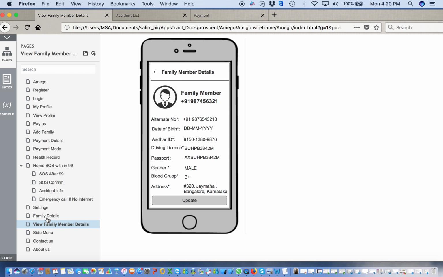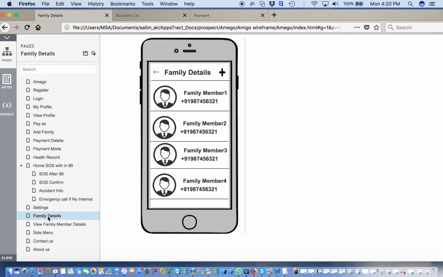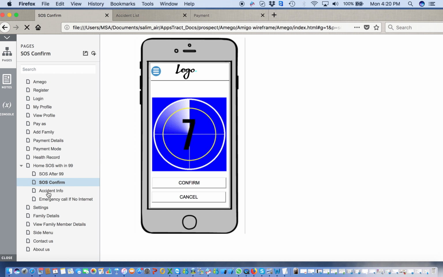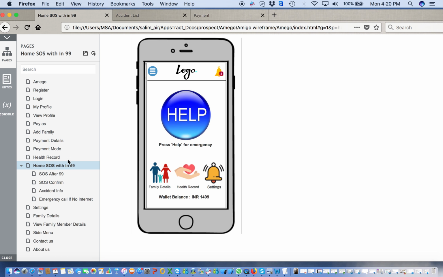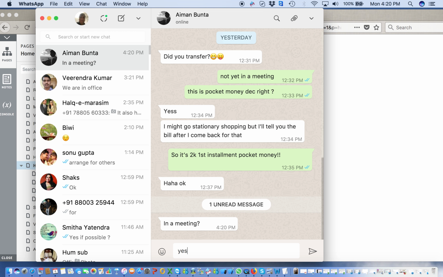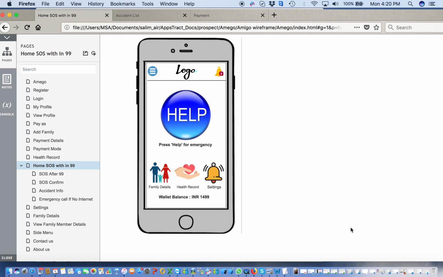Then next you go to the number of people in there. Then you go to the home. That is, this is the home that you have. You click on this. Okay, you click on this and you go to